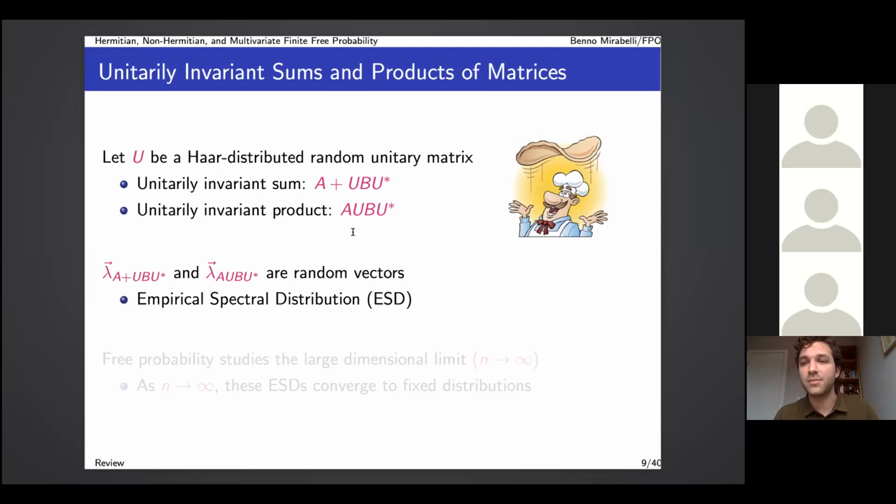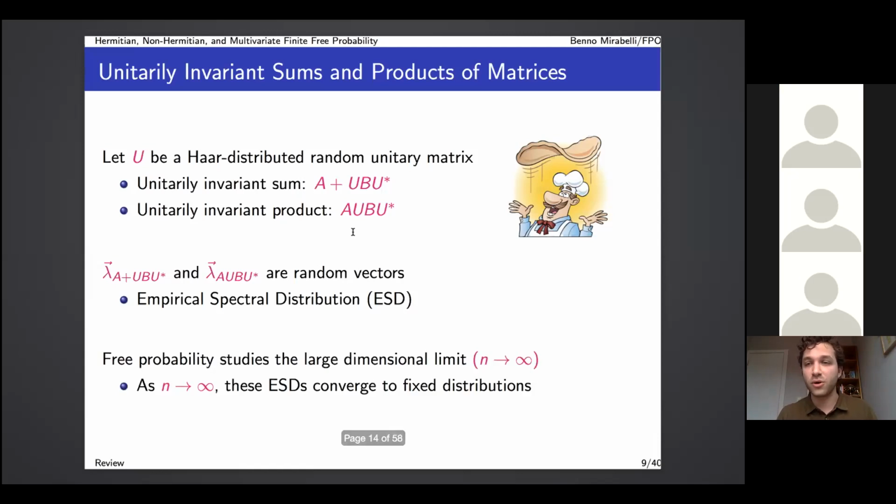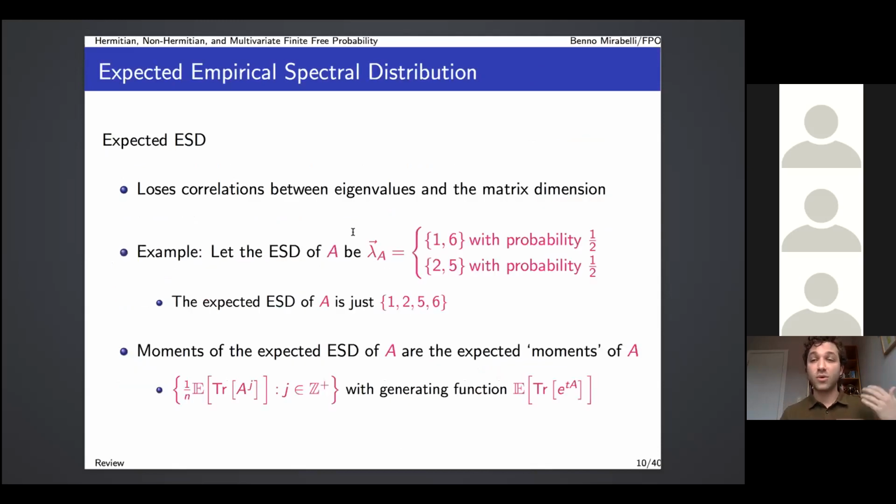So people have tried to make it more tractable, taking different approaches. Sorry about the sirens. One approach is to only study this where the matrix dimension goes to infinity, and in this large dimension limit, this is equivalent to what is called free probability. But in this talk, as I said, we're not just studying free probability, we're studying what we call finite free probability, where we care about the finite dimensional aspect of these matrices.